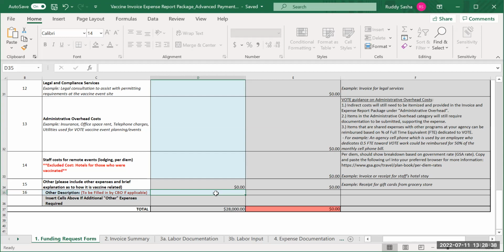To determine if expenses are allowable, please see the list of non-reimbursable expenses on page 2 of the instructions document on the website, or feel free to reach out to your vaccine engagement coordinator. Before submitting this form, be sure that the total at the bottom of the spreadsheet matches the total your organization would like to request. After completing this step, save the spreadsheet and send the entire file to the vote team by emailing it to